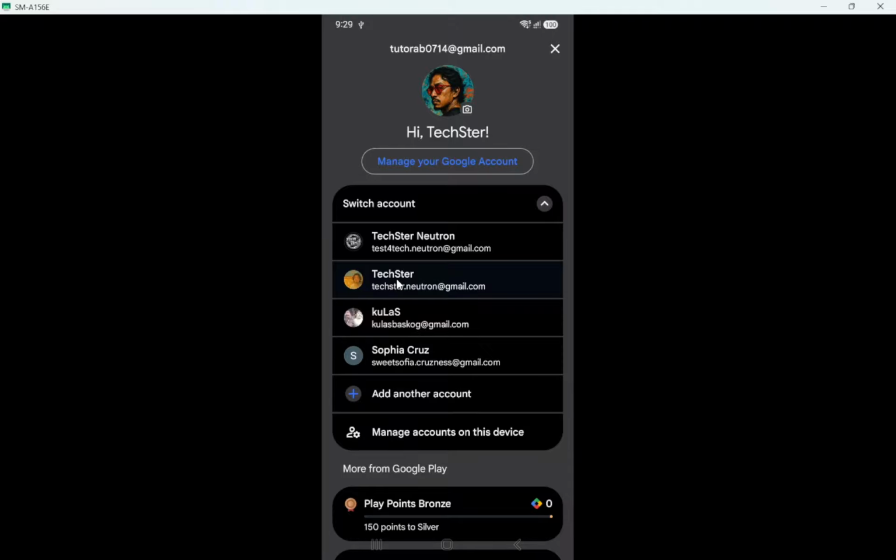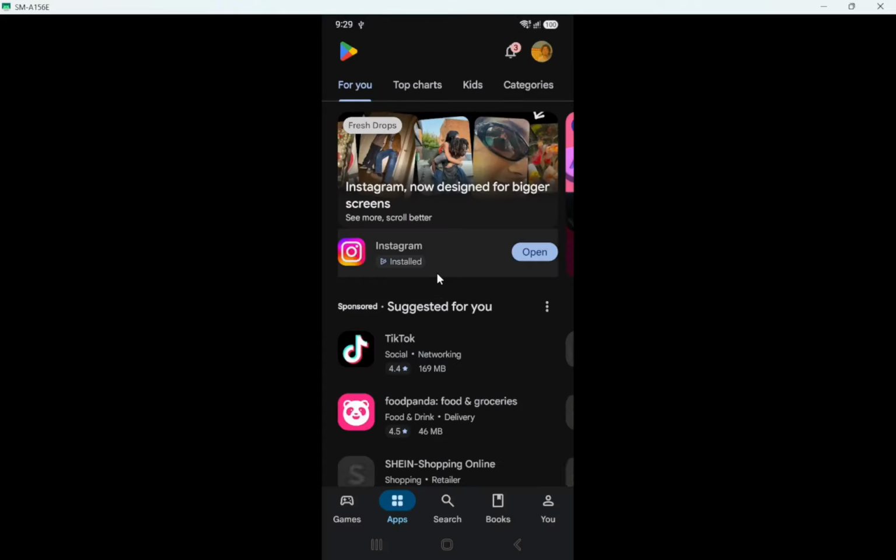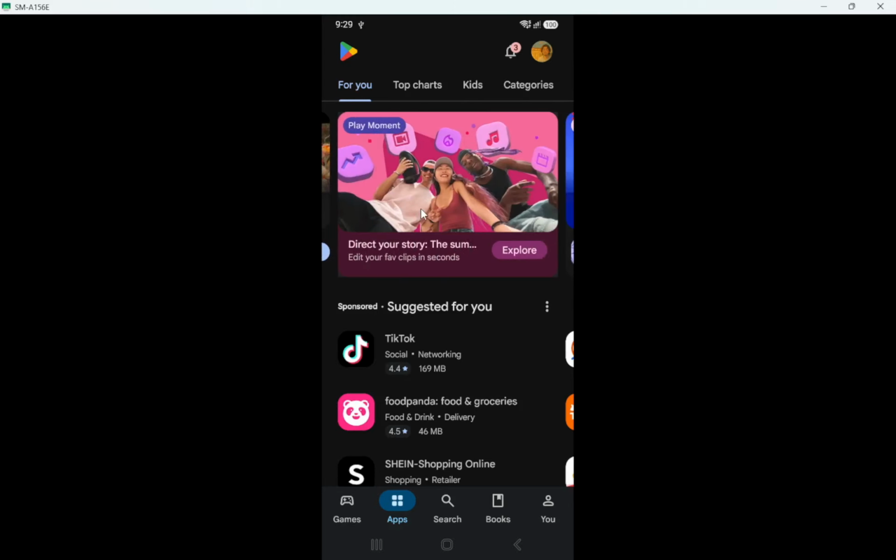From that list, select the Google account or email you want to use with Google Play. Just tap the email you prefer. The panel closes, and you are returned to the Play Store home screen. A useful detail here is that the apps shown, your installed list and purchase history now match the account you just selected, and the profile picture in the corner updates to that account.